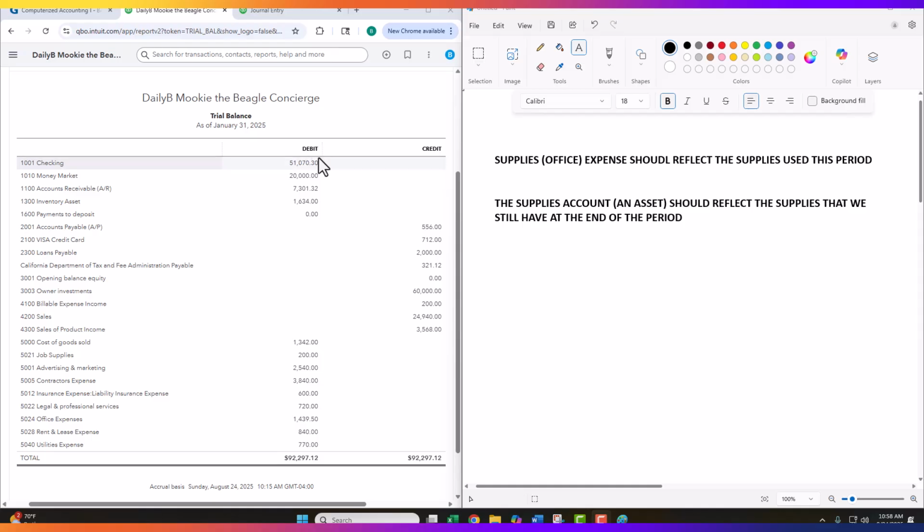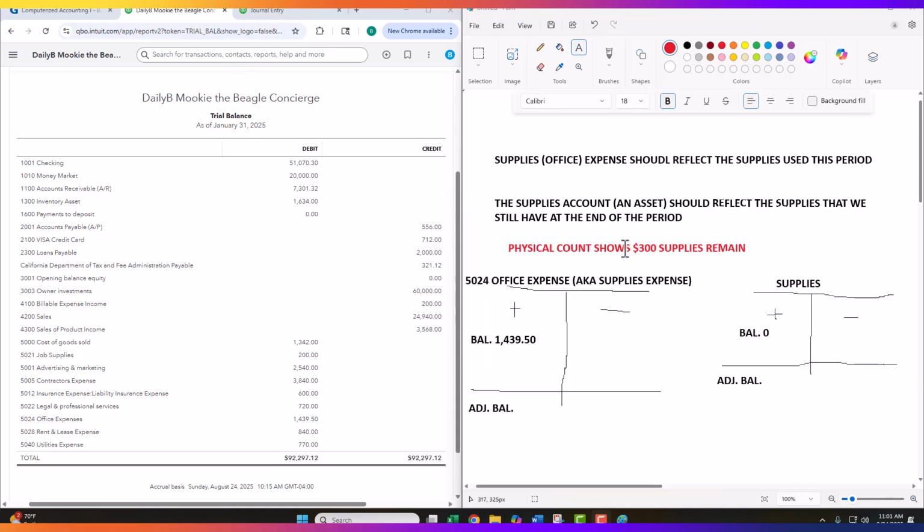So in the text in 9.2, it says that the business did exactly that, and they have $300 worth of unused supplies on hand. So now I'm going to make a T account to see this. So per the book, a physical count shows $300 of supplies remain. If we look at our T accounts, which we get the details from our unadjusted trial balance, we have this